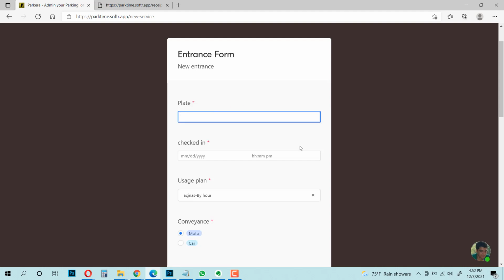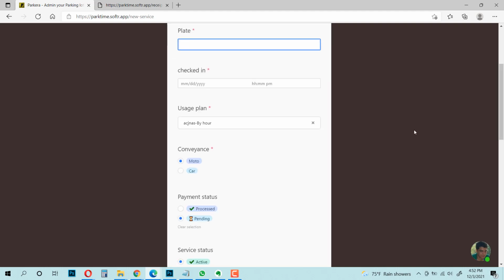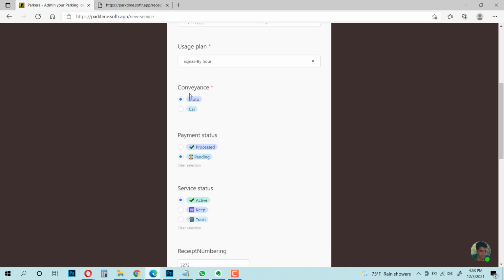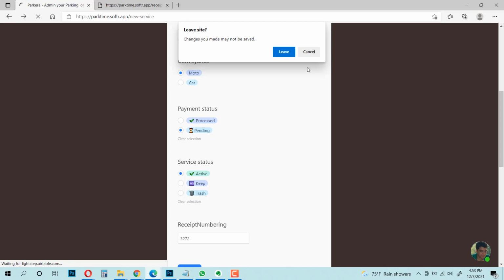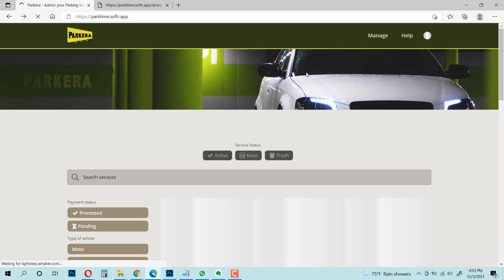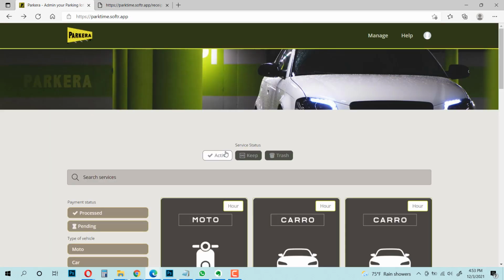You will enter the plates, the check-in time, usage plan, whether it is by hour or by day, the type of vehicle, the payment status, which at entering will be pending most of the time, and the service status. This service status will be shown here to filter the records by service status.